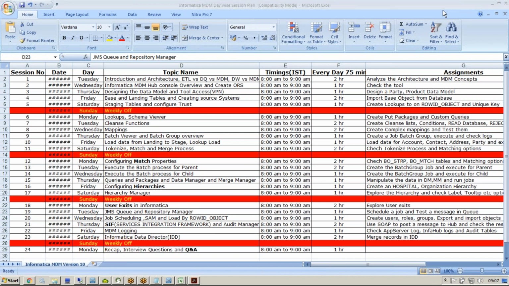So what are the other selling points? What is the selling point for the customer to make them come to MDM? Yeah, see, just being in Informatica PowerCenter,